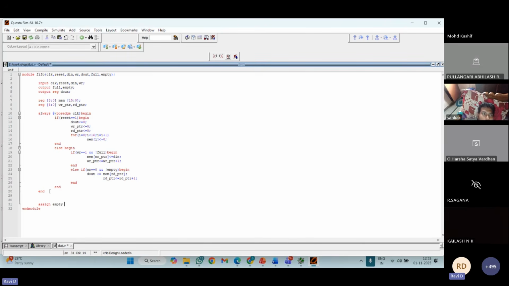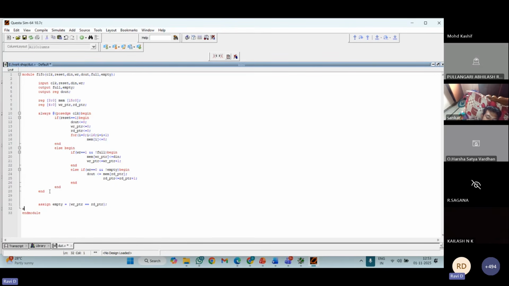When I don't have any data, that means my write pointer and read pointer should be in the same address location. So when my write pointer equals read pointer, it is empty.